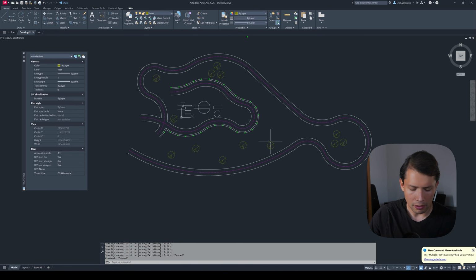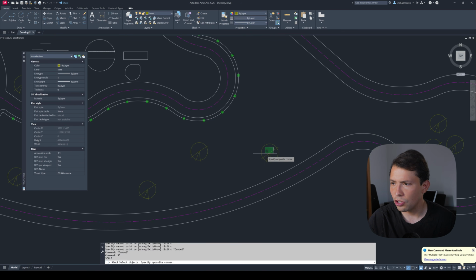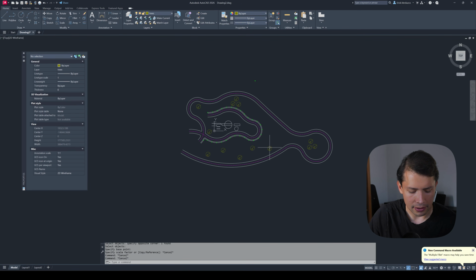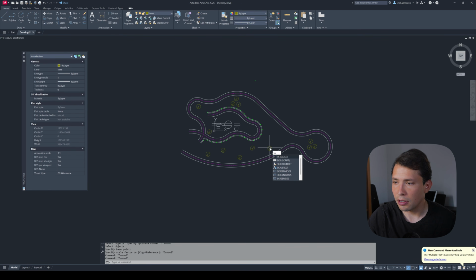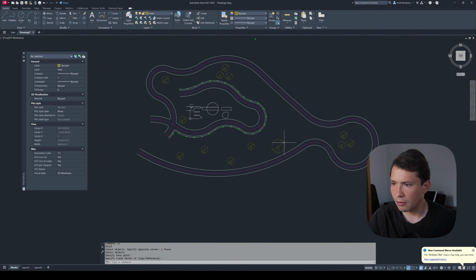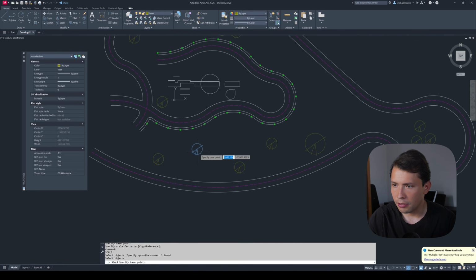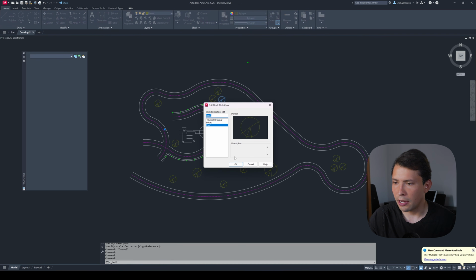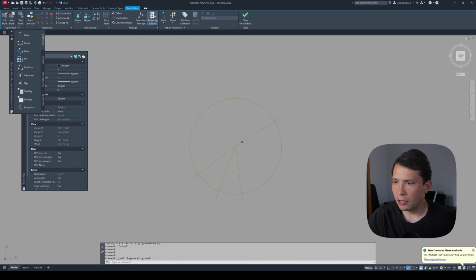Now, if for example you decide to change the scale of this tree, to change the scale you need to press SC, and that is going to change the scale. So let's change the scale of this tree to be a little bit bigger. Then this one is going to be a little bit bigger as well. And then if we go again to the block editor, and then we enter the block,